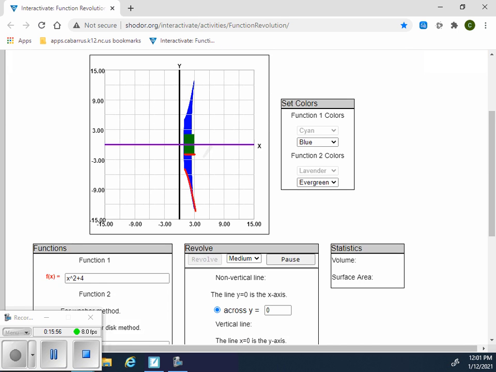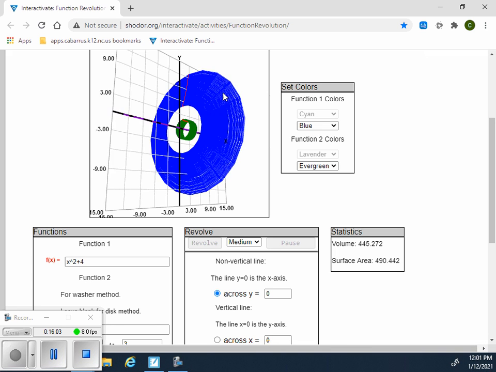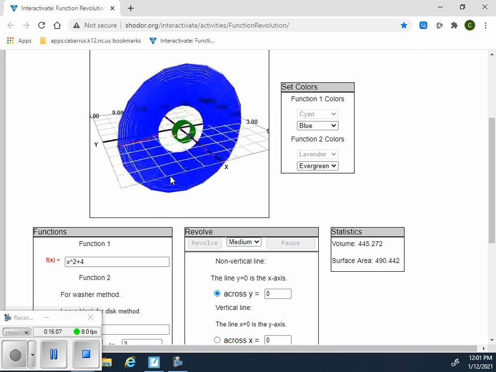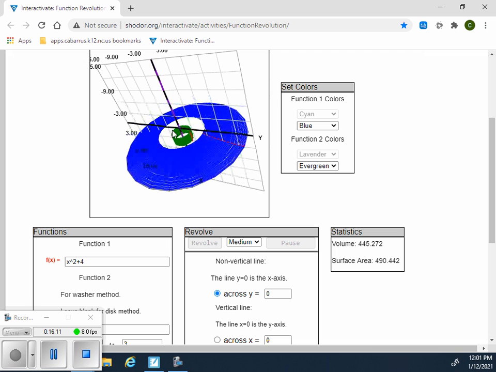So we take this shape, and it's revolving all the way around. It doesn't do the best job. So really, it's filled in between that green circle and the blue circle. The only hollow spot is inside the green circle, but everything should be shaded between the green circle and the